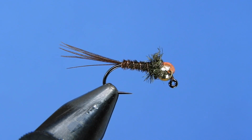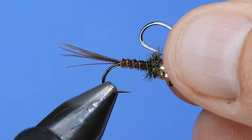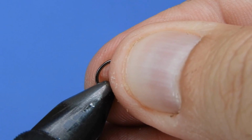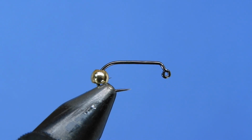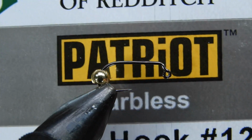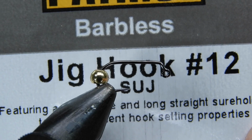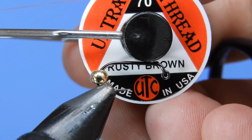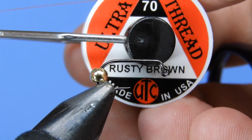Let's get a fresh hook in the vise. Today we're going to be using a Partridge Patriot Series barbless hook, and this is the jig hook. It's model number SUJ, and we're going to be tying on a number 12 today. So I've already placed a 3.3 millimeter tungsten bead on here, and we're going to take some 70D rusty brown